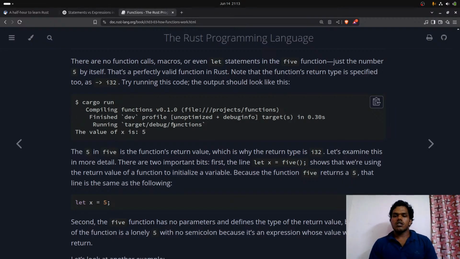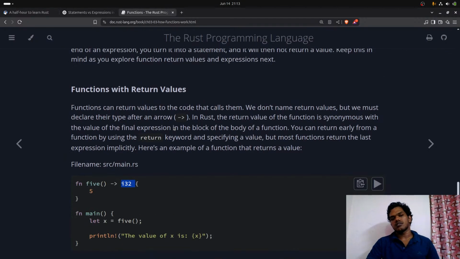What I'm doing right now is simply reading the text and explaining to you,